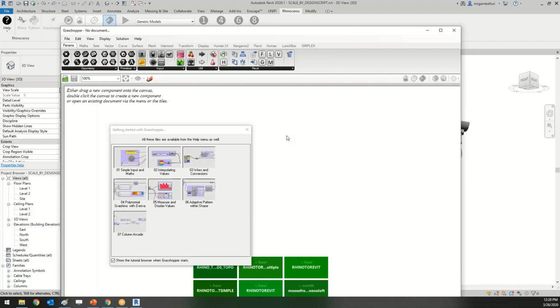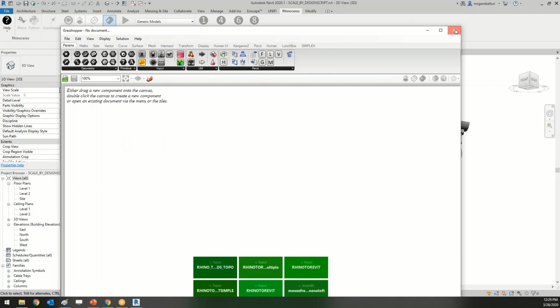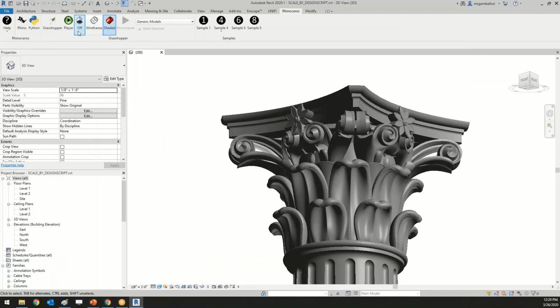In fact, they don't even need to know how to use Rhino. What's technically happening in the background is it's opening a headless version of Rhino, although you would never see it and you don't really care. Okay, so that's that. And then there's actually this one, which is Grasshopper Player, which would be a